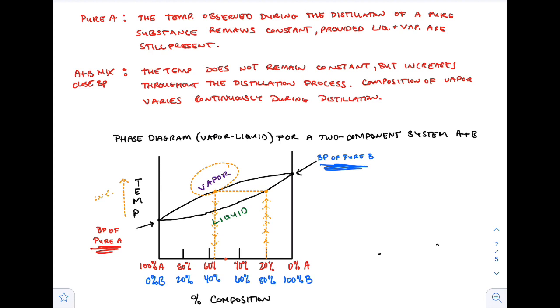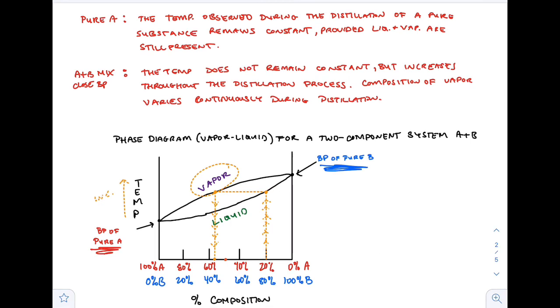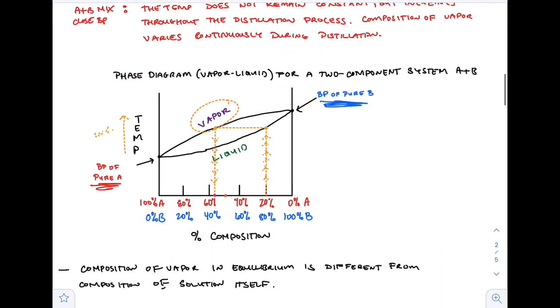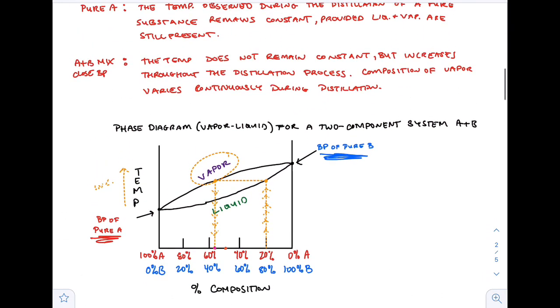So let's see, if that was 50, this is like 58%. Okay, so that's 58%. Now, notice as we went from 20% A, we went to 58% A, right? That's the new composition of that distillate. So if we collected a bunch of that, we could technically distill it again, right? So let's take that and put it in a new pot. We would take a bunch of it and throw it in a new boiling flask and then redistill it. And then we would go back up to this new